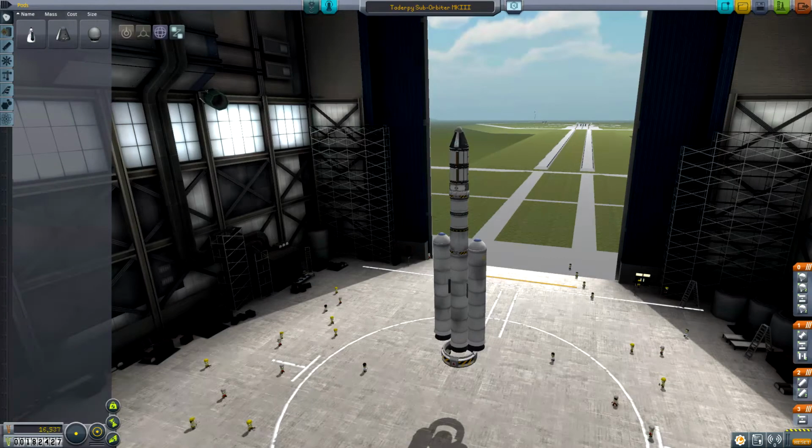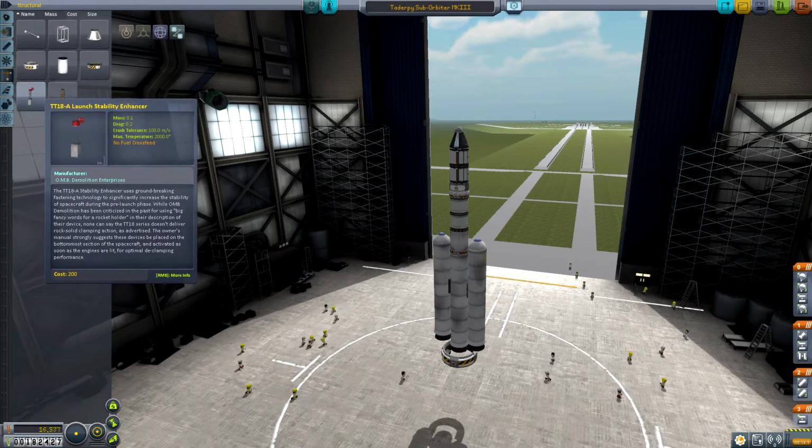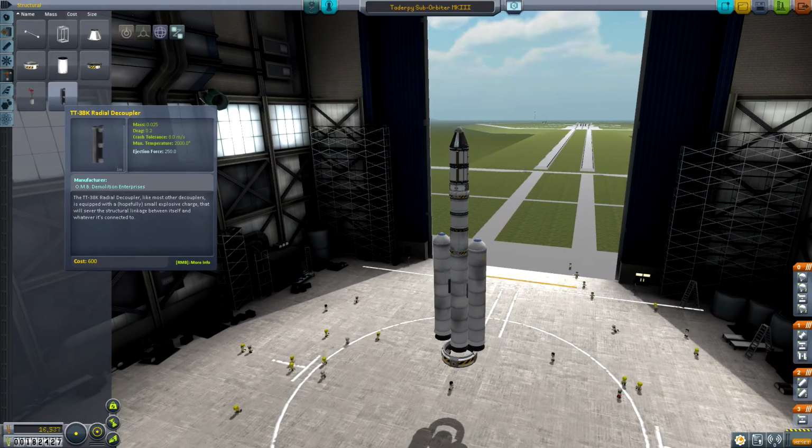Okay, let's see what stacks we have. What do I need? I need a TR18A and a TK38K. I need, what's the word for it, a